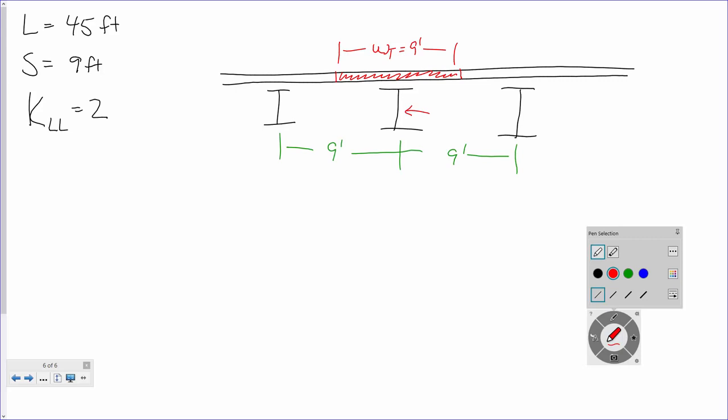Tributary width is 9 feet. So now that's its tributary width. Its tributary area is just the tributary width from an area perspective. In other words, the width times however long that extends. And how long is that area going to extend? 45 feet. The beam's 45 feet long, so it's going to be responsible for 9 by 45. So 9 by 45, therefore,